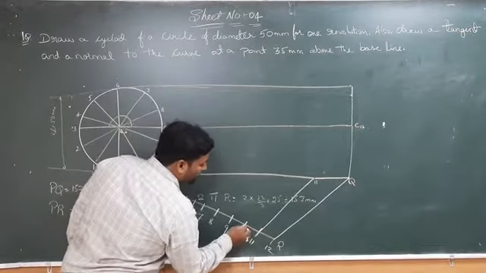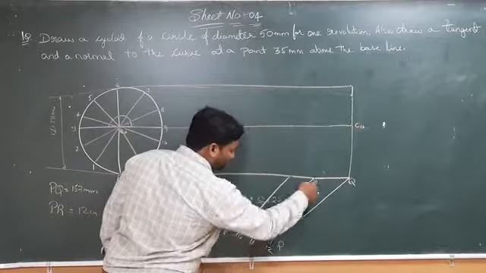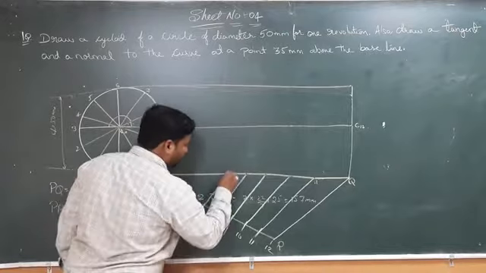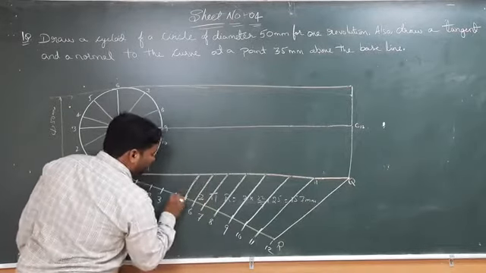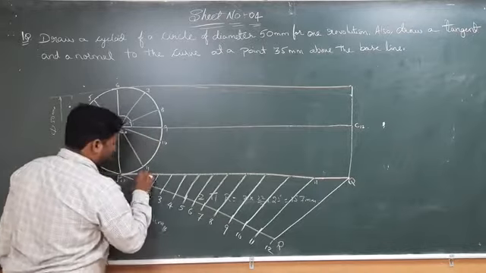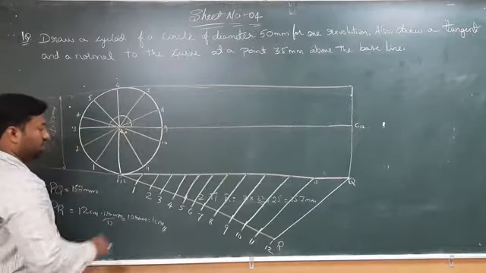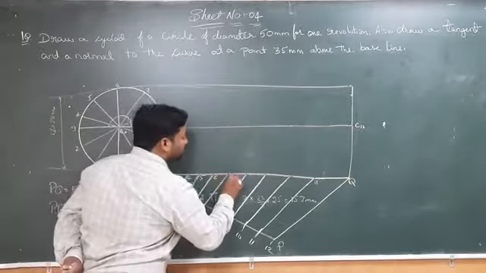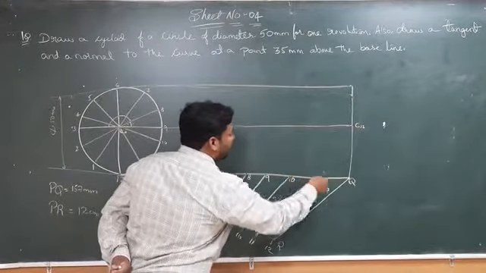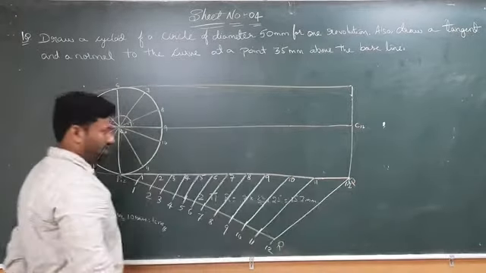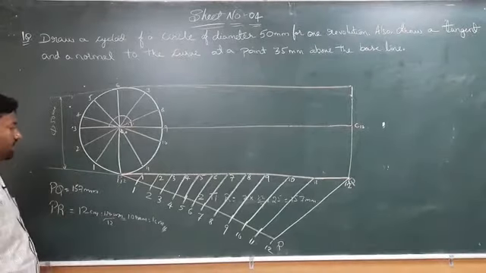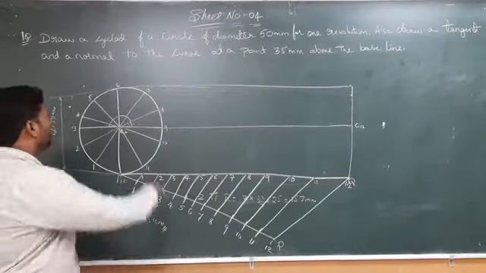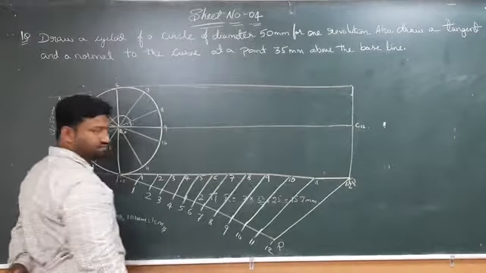In the same way, we have to draw another parallel line, it should be parallel to this one. So like that, all the parallel lines we have to draw here simultaneously. If you see, the distance between each point on the PQ is equal. So here you can give the text like 1, 2, 3, 4, 5, 6, 7, 8, 9, 10, 11 and this Q is nothing but 12. After that, we have to draw a parallel line, as we have drawn a parallel line from 6 to that point.